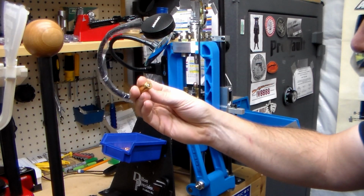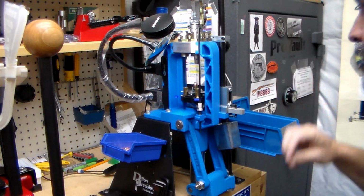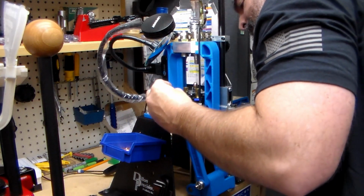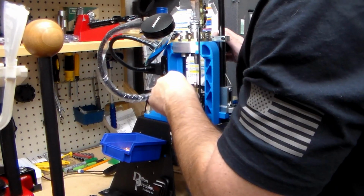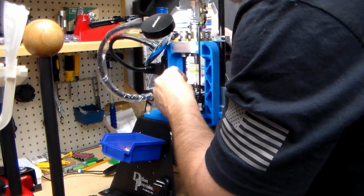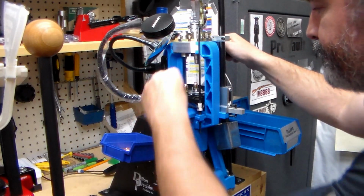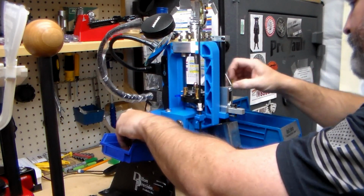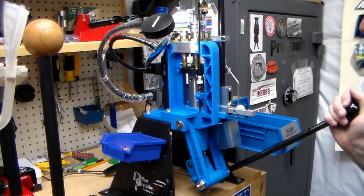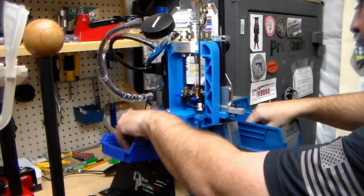And this is Federal 45 Auto Plus P, and I don't even remember what I paid for it. See, I got to talking and I forgot to put my bullet on here, but it was like a one-time run through Midway, and I just felt pretty lucky to be able to get it when I did. But so far it's been really nice brass, and I've been shooting quite a bit of 45 ACP with my